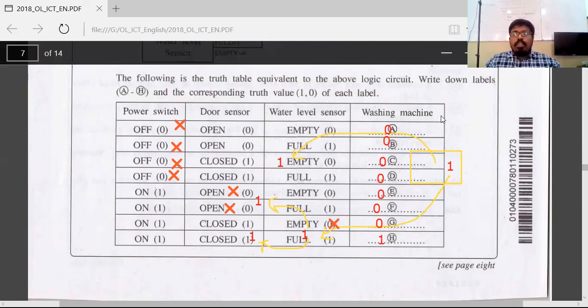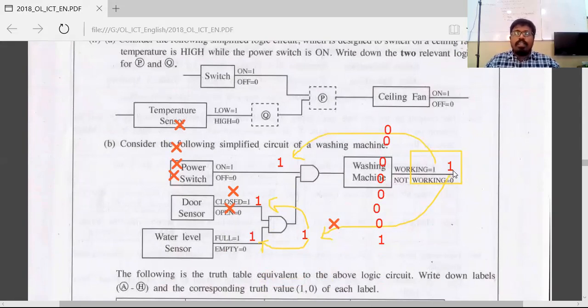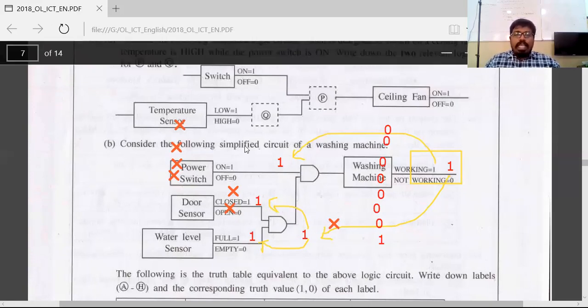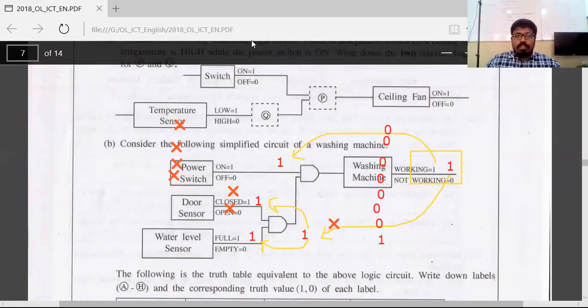But when you consider the question, you have to consider what is the expected output. It is 1. When this is 1 in an AND gate, both inputs must be 1. If this is 1, this is also AND gate. So these both inputs must be 1. Right? So that's the explanation here. So you have to find the Boolean value of the output and determine the inputs. I'll tell it again. This is 1.